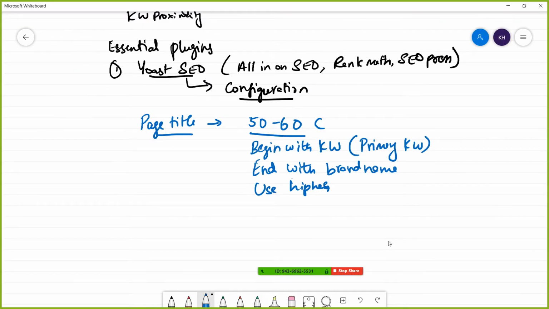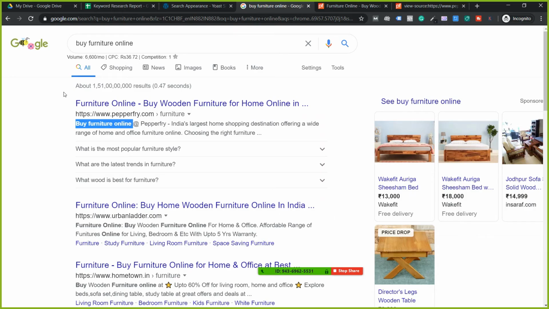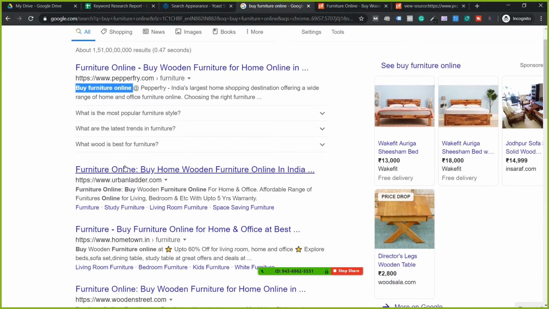Okay, so that is the aspect. Use hyphens, and most preferably beginning letters caps. So the first letter of every word should be caps. Can you see? Buy furniture online, buy wooden furniture. You can skip the filler words like in, the, of, all those stuff. You don't have to use caps there, but all the beginning words. Forget about your high school English, whatever your teacher told you. They say use caps for the first letter of the word only. You don't have to do that. So here we use it for every word.